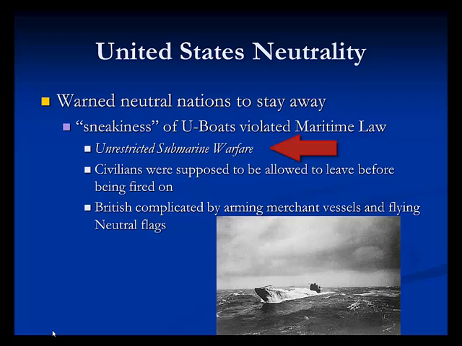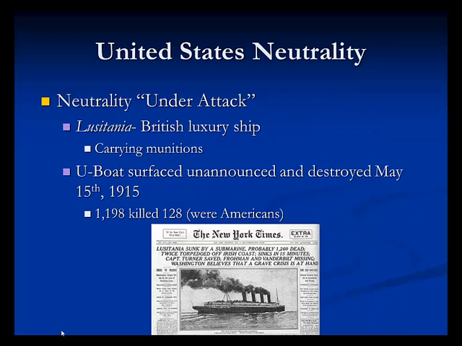The situation was made even more cumbersome by the fact that the British started arming their merchant vessels, which were the vessels that carried the supplies for the war, and hoisting the flags of neutral nations over them. So in order to further minimize dangers to themselves and their U-boats, the Germans were not even allowing the civilians and passengers of merchant vessels to leave the ships before they were torpedoed, because if they did, they risked being blown up themselves. It was under circumstances such as these that the United States began to feel an even more intense pressure of having its neutrality under attack, when a British passenger ship called the Lusitania, which was also coincidentally carrying munitions for the war effort, was destroyed by an unannounced U-boat attack in 1915.